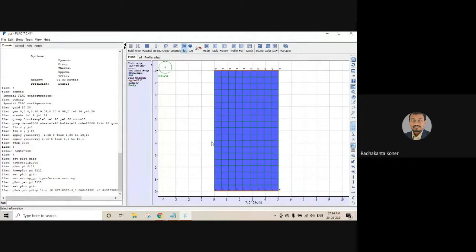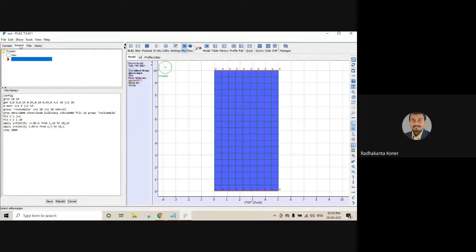Remember, this software is running in CPU mode. Okay, only CPU mode, not GPU mode. So your CPU should be very strong. Third is material property and which kind of constitutive criteria you are using. So that you have defined. And you have to differentiate between null and not null. Okay. And the fourth is whether in your sample, in your structure, there is influence of gravity or not. So you can set the gravity accordingly or not consider it.